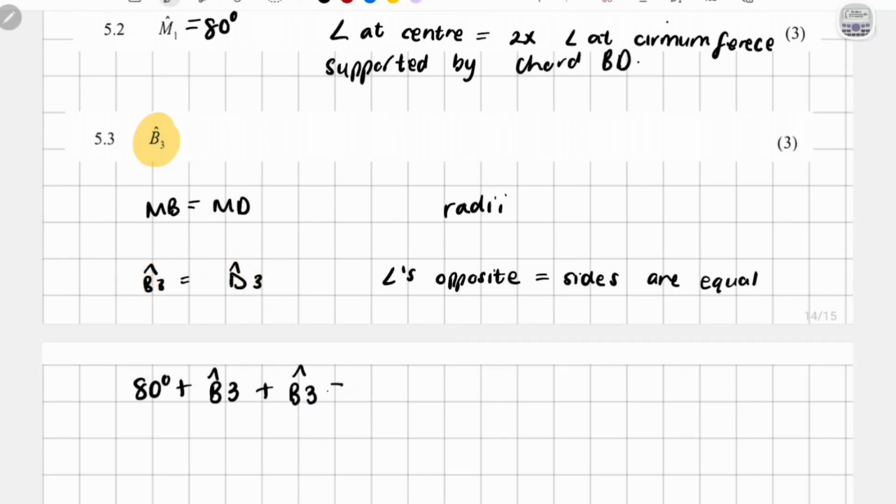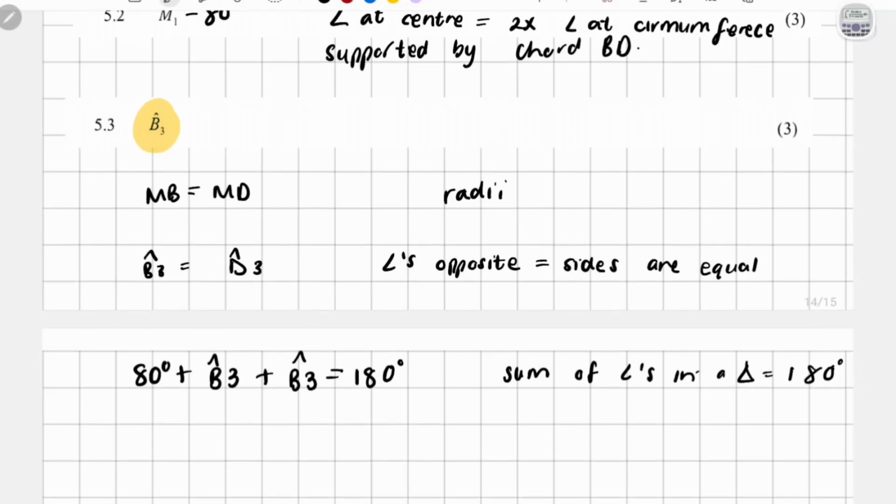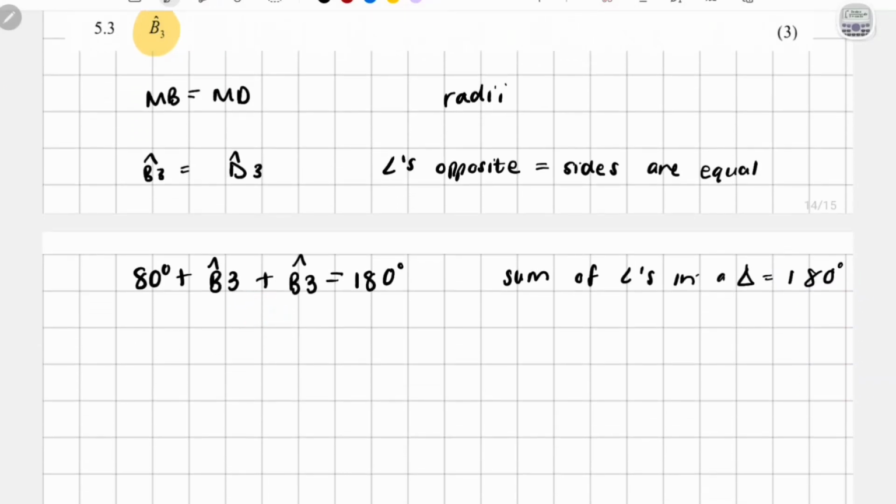And now that we have that, it's equal to 180 degrees. And this is because of the sum of angles in a triangle, okay, that they equal 180 degrees. And now that we have this, look at what we can say here. You see, if you say B3 plus B3, that gives you 2 angle B3, which is equal to, we have